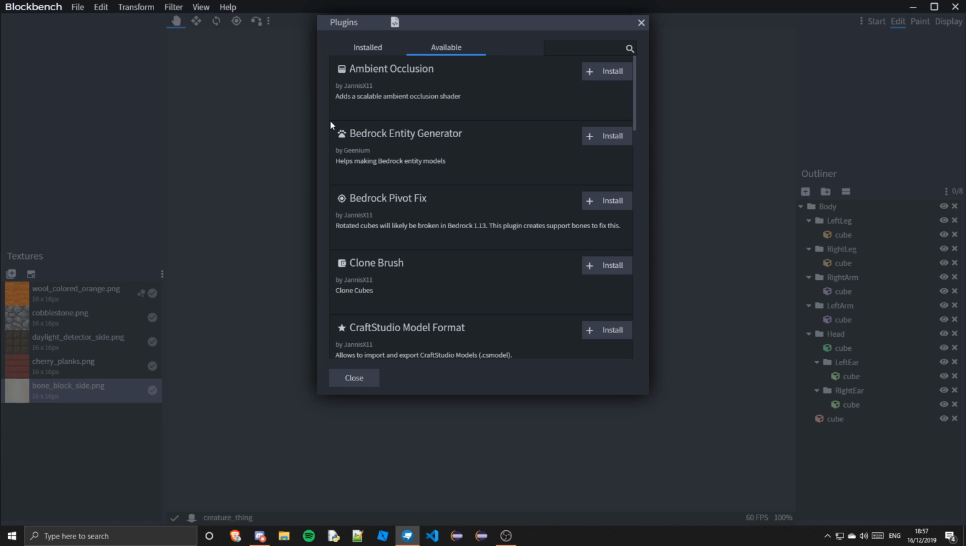Now ambient occlusion doesn't work if you have any sort of transparency or translucency in your model. It basically does some shadows and stuff, but it doesn't work with anything transparent. So I just install all the other ones,